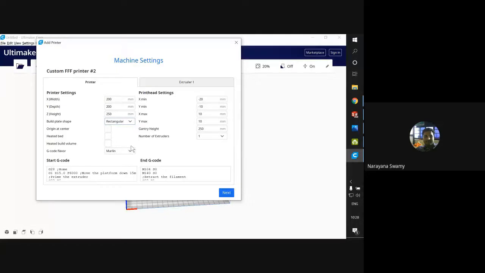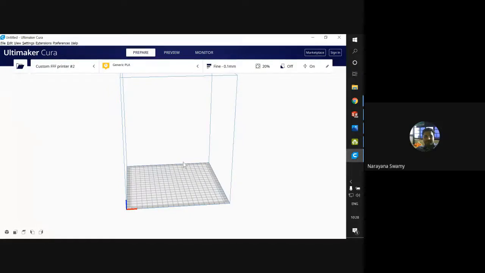So you select that and go to the next. Now you can see the printer you have added is already there. The machine we normally use for your demonstration is made by MedSpy, so we'll select that one. We have already preset it, so we'll go with the same method.